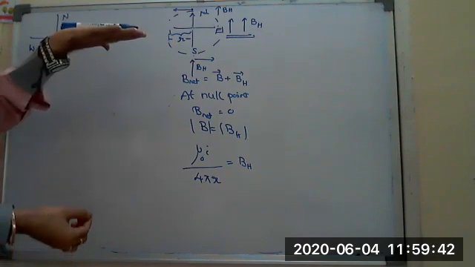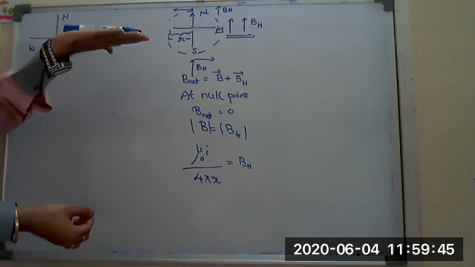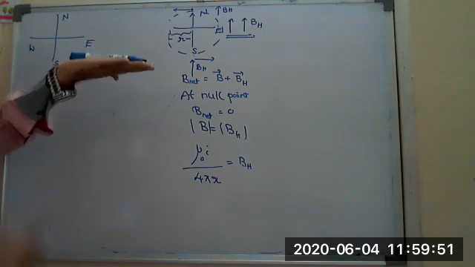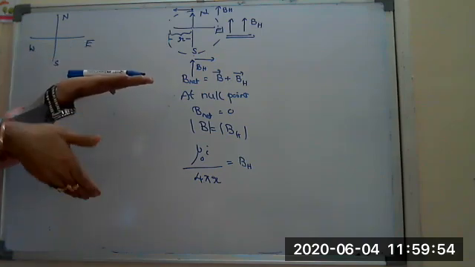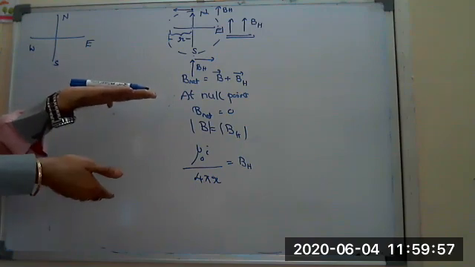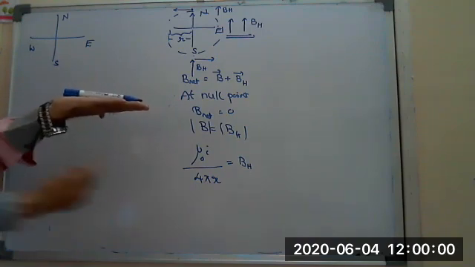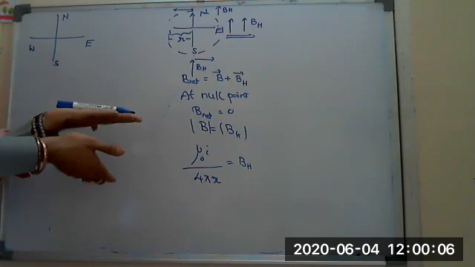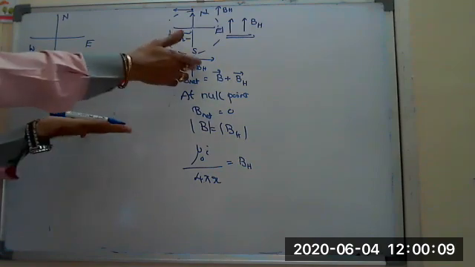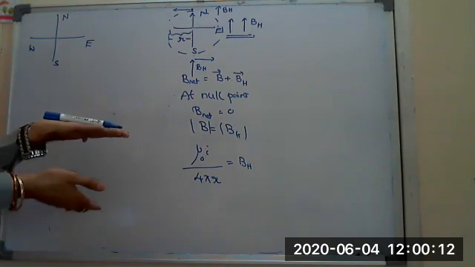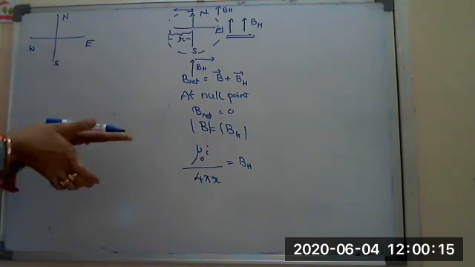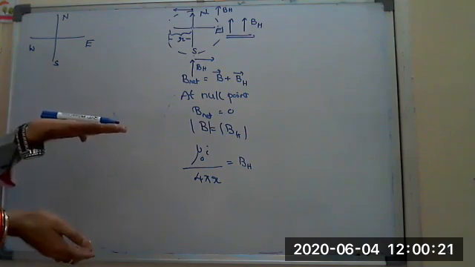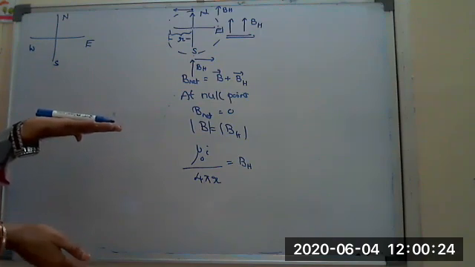On the surface of earth, he is asking, will you get the null point? If you get the null point, then it should carry the current in what direction? Due to the flow of current on the surface of earth, I will get into the plane. Look at previous assumptions. This is east, west, and that is north and it is south. North means I am getting the magnetic field towards north. Look at BH. BH is also towards north, south to north. Means if it carries the current towards east, I am getting B and BH in the same direction below the conductor. So it is not possible to get a null point below the conductor.